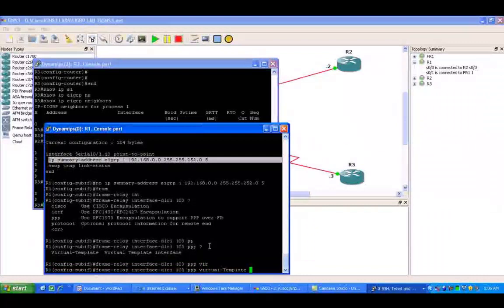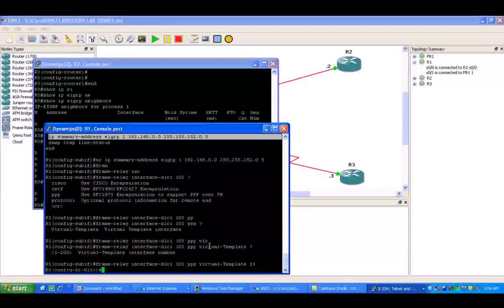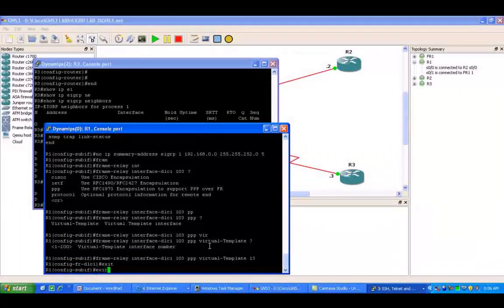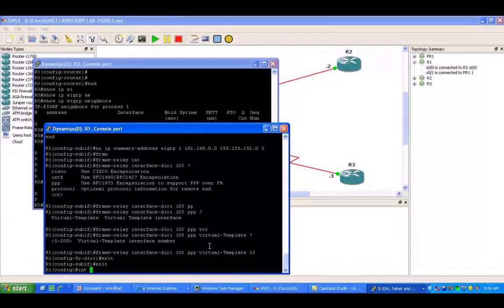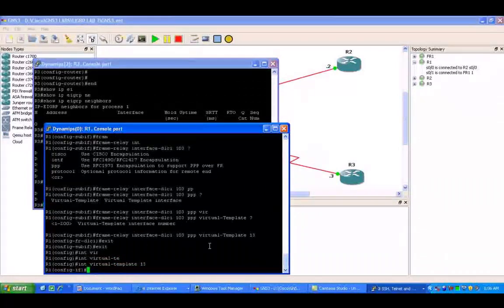So we're going to do the frame-relay interface-dlci 103 ppp, and then we're going to have an option for a virtual template interface. So we'll create the virtual template interface of 13. We'll go back and we will define this virtual template interface as well. So virtual-template 13, we're just using this number to help us remember that that's the virtual template interface from 1 to 3. Now we can go under the interface of virtual-template 13,